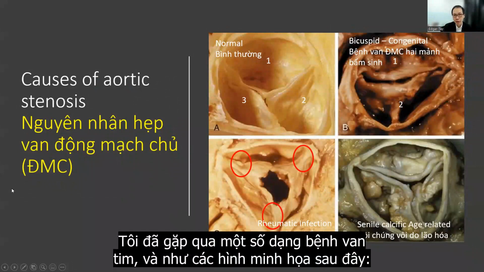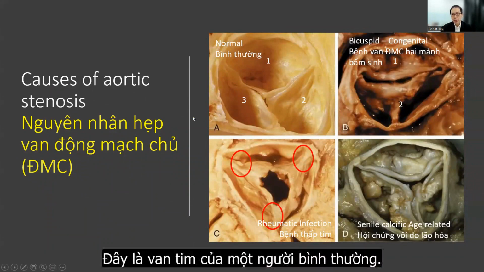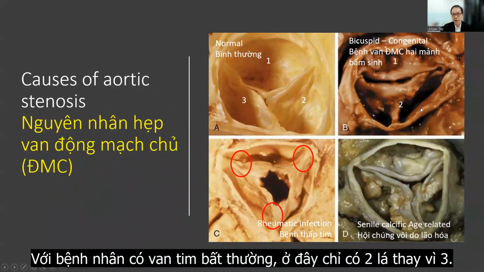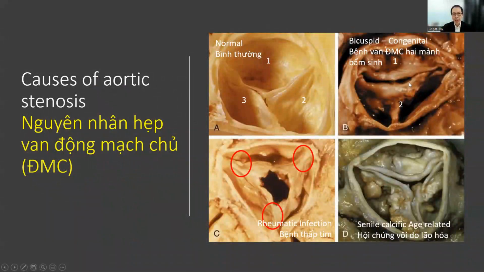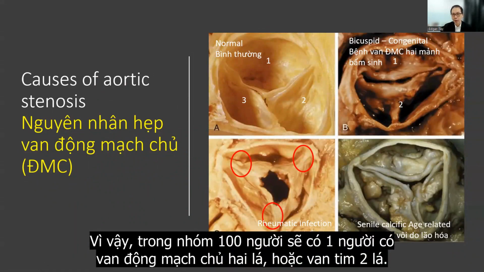So there are actually several types of heart valve disease. If you look at the pictures that I've shown you here, the first set of valve on top left that I'm pointing to has 3 leaflets, and I show you 1, 2, and 3. This is a normal person's heart valve. In a patient who has abnormal heart valves, you can see that the patient sometimes has only 2 leaflets instead of 3. So on the right, you see this picture labeled 1 and 2. These are the 2 leaflet valves. And this is quite common. It's found in about 1 in 100 of us. So in a group of 100 people, one of them will have what we call a bicuspid aortic valve